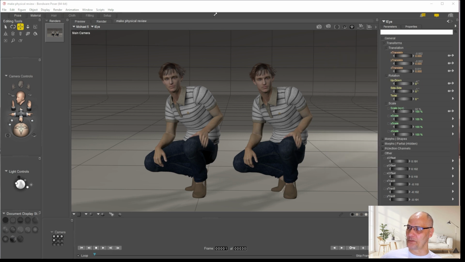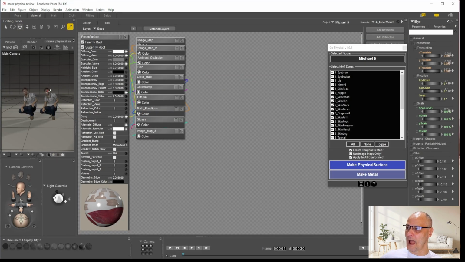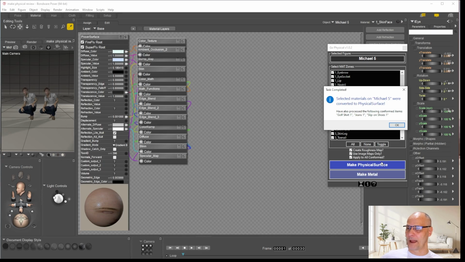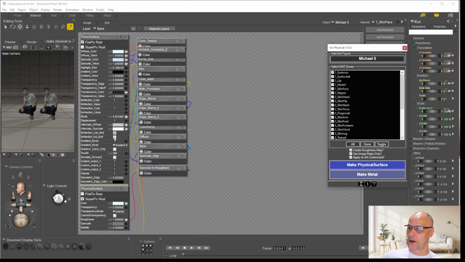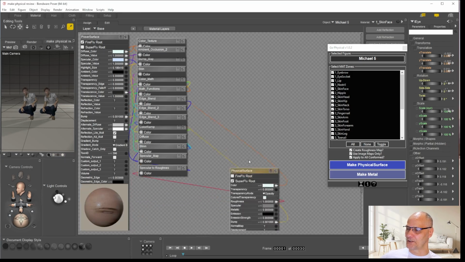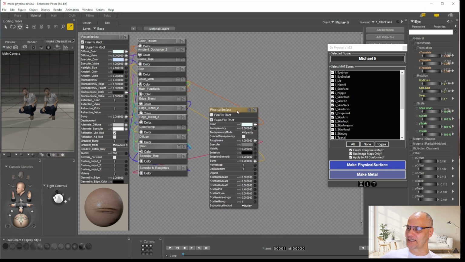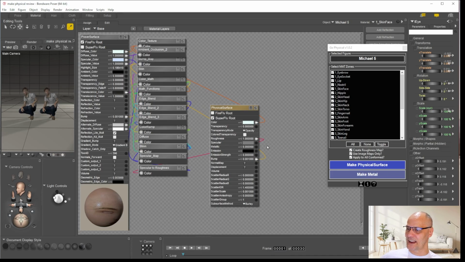So let me just take you into the material room first of all, and I'll select Michael's face. And you'll see here, by default, we have this Poser surface node. So this is still set properly. Michael 5, the selected figure, and I click this Make Physical Surface, and bang, it's just converted all of those clothes and all of the other stuff. So I choose Michael 5, and you see now it adds this new root node down here, Physical Surface, and you can see on this particular part, it only has 3 connectors, and that's almost certainly the skin texture,